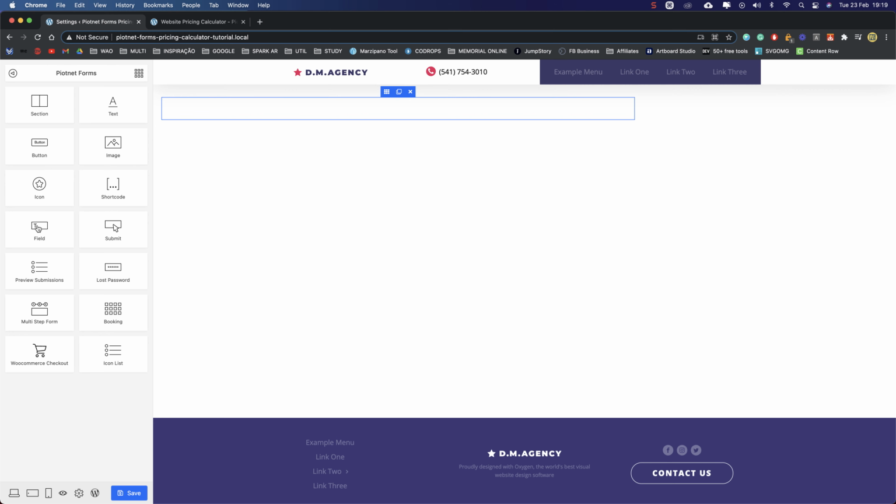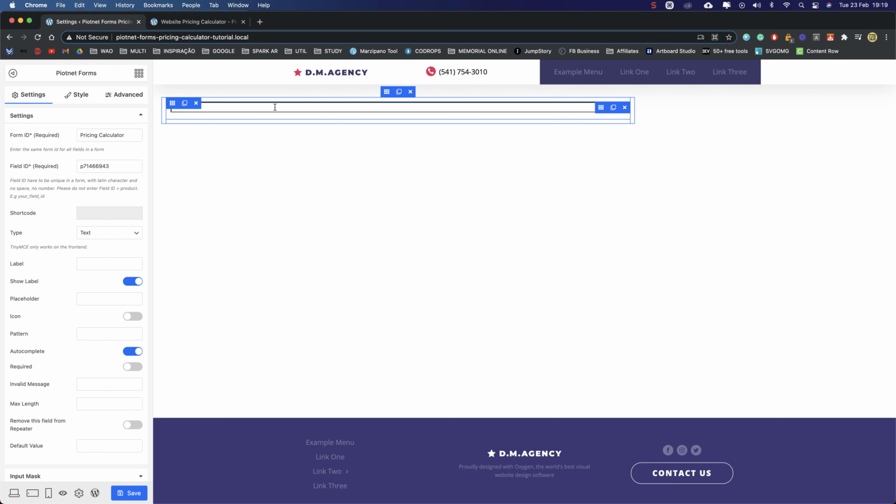Now, let's add a field. Let's add a field here. First of all, let's give this form a name or an ID. It's required, and every field that we add to this form needs to have the same ID.